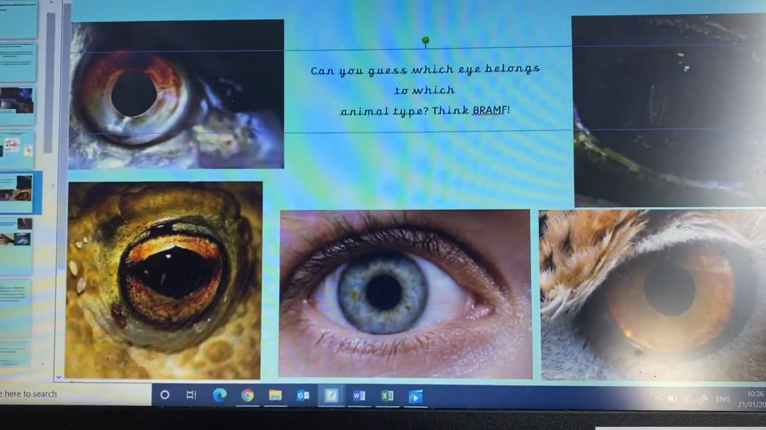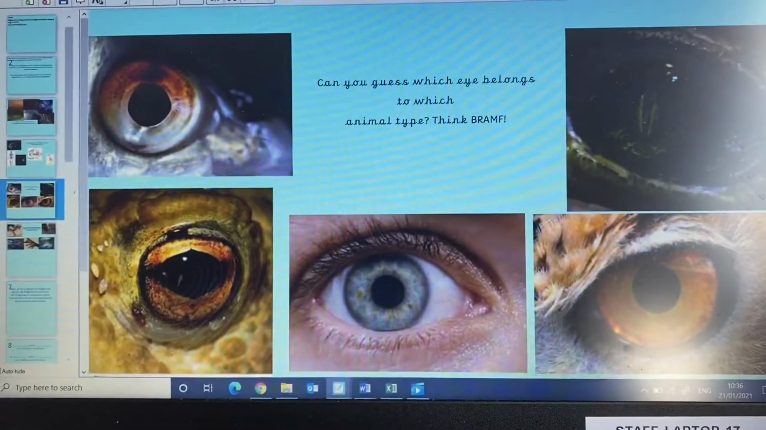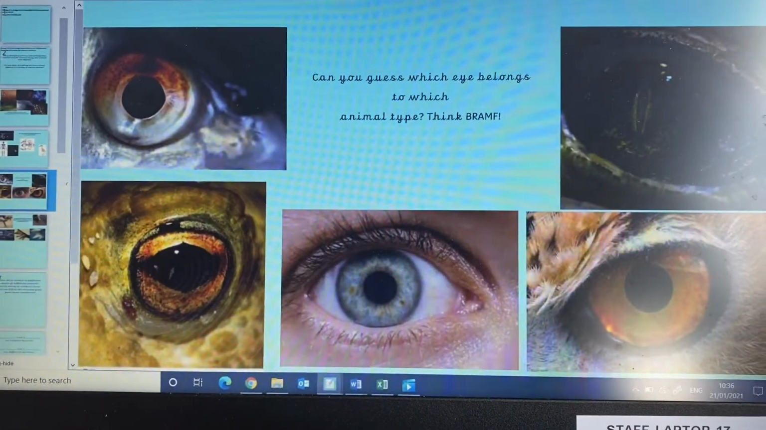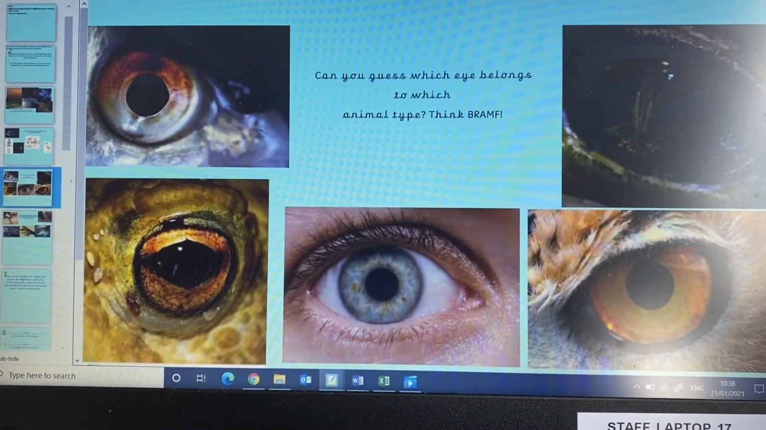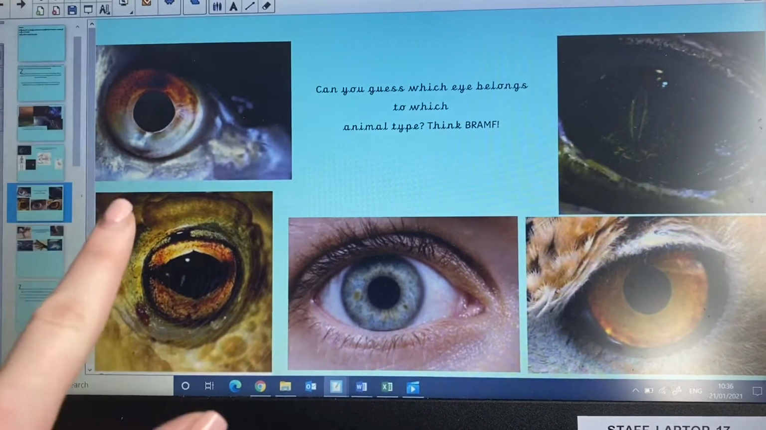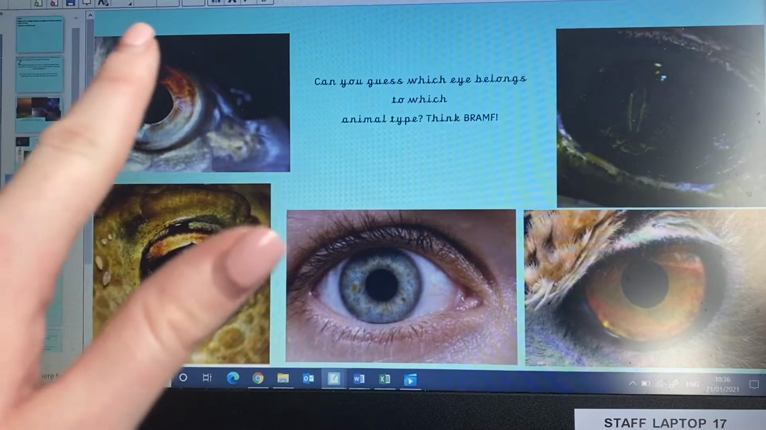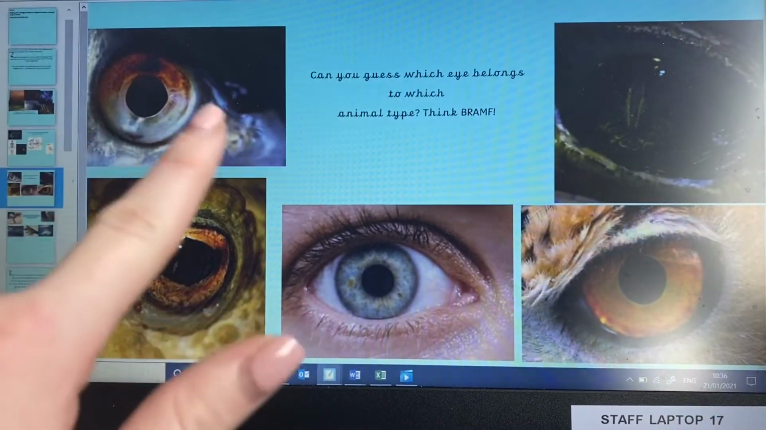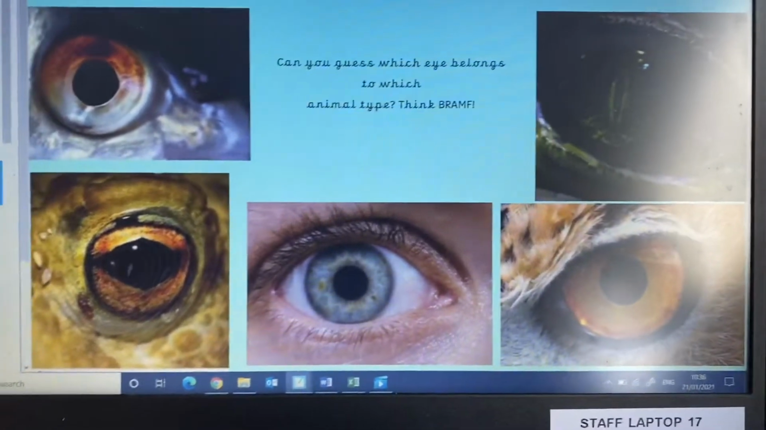It says here, can you guess which eye belongs to which animal type? Think Branthe. So again, we've got birds, reptiles, amphibians, mammals, and fish. I'm going to start with this one. And I can see some scales around the outside of this animal's eye. Now, if it's got scales, it could be either a fish or a reptile, but I'm also